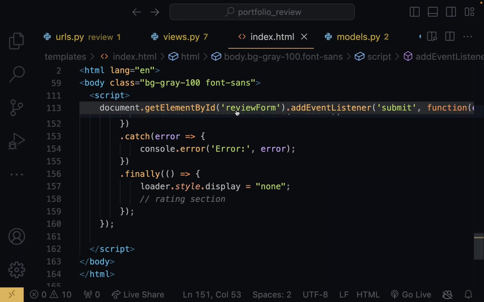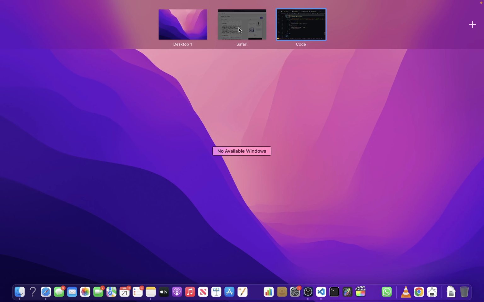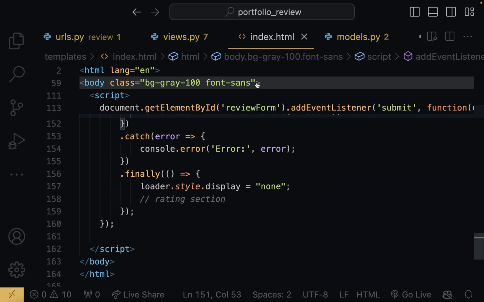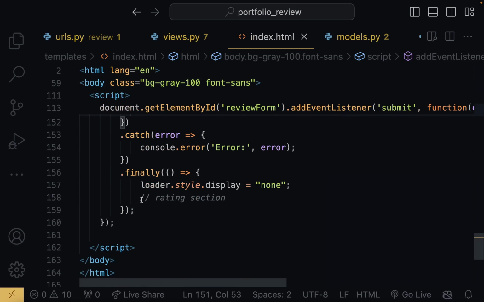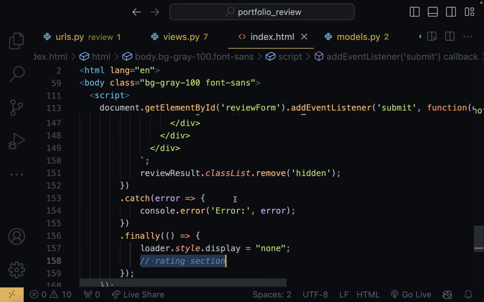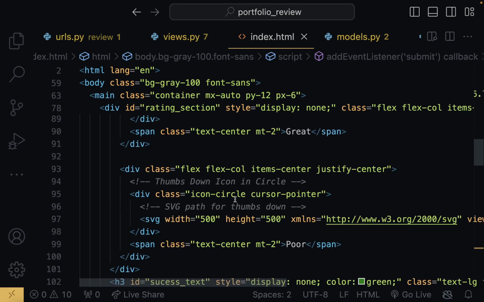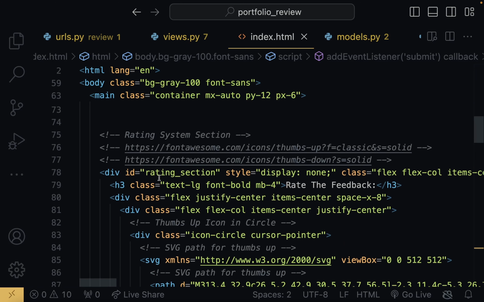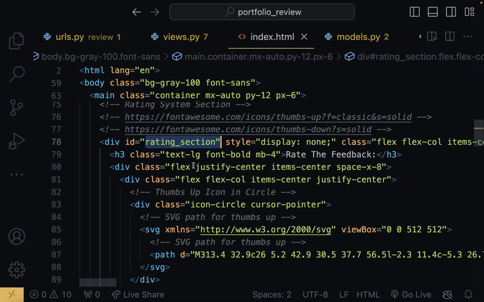So we're going to come in here. And what I'm going to do actually is to just swipe this like this, so it's going to be easier. And we're going to come into the code. And remember right here where we add this loader style.display. Remember I said we're going to come in here and this is where we're going to take care of the rating section. So if we come to this part, you're going to see that we have this div tag that says rating section, right? So the first thing I'm going to do,